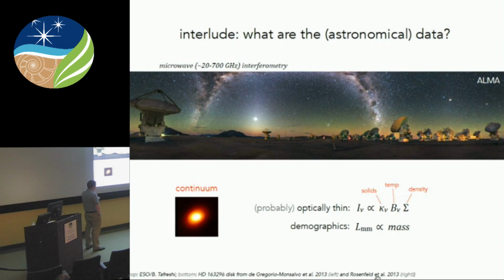If you know something about the solids, you make some assumption or do some model that tells you the temperature of the solids and the column density, the line of sight density of the solids, that's sigma. So this is really interesting demographically, in the simple sense, because you can just add up all the light, the luminosity at these microwave wavelengths, and it tells you something about the mass in the solids. Right? There's some direct relationship, and the conversion is a little tricky, but you can actually just observe a whole bunch of disks in a demographic sense and learn something important about them.